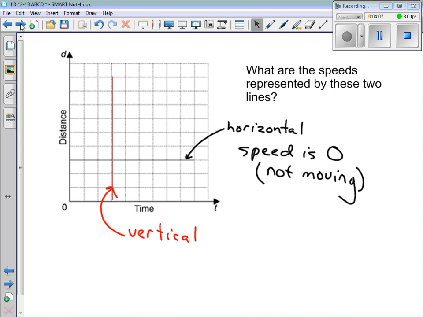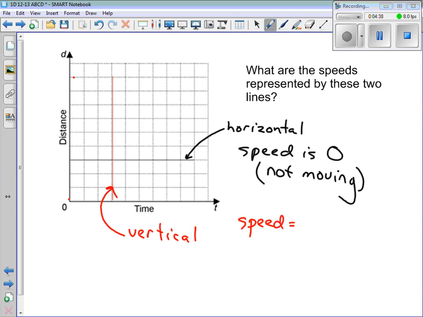Now, what about this red line that I've drawn here? What kind of motion does this represent? Andrew. How fast? How do you know it's really, really fast? It doesn't take any time. So somehow this person moves this distance from here to here in no time whatsoever. If we were to try to calculate their speed,